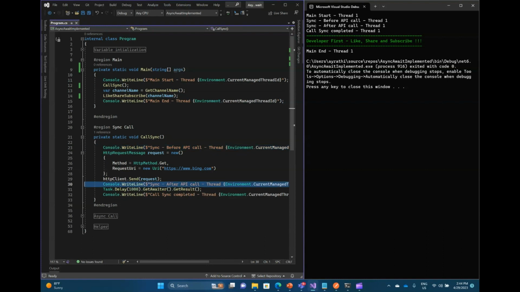Then after the API call completed, on which thread it is running. Then I've added a delay of 1 second, and finally on which thread again the call has completed. After that, there are some console logs that I've added, which are independent of the call sync method which is happening. And then at the end, when the main ended, on which thread it ended. So if I run this,